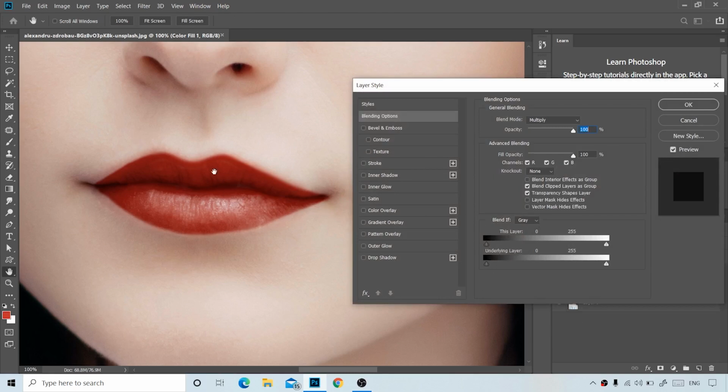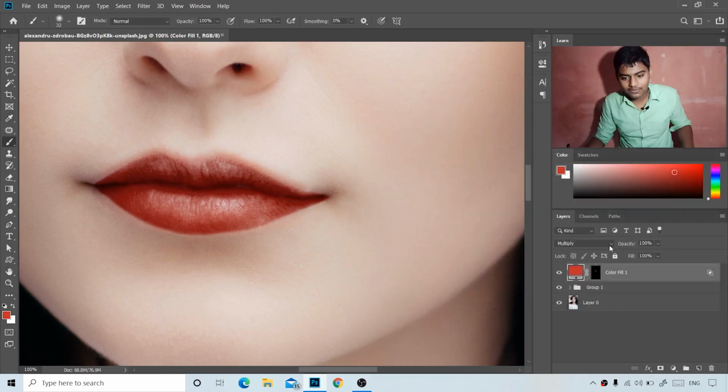As we know, this range represents all the pixels of the lips. Here, as we have to limit it to the darker area, we will drag this slider from the bright area to the dark area. So this much is the dark area, I think. This is harsh, so press Alt. This will break it into two parts, and drag it now. Click OK when you are satisfied.